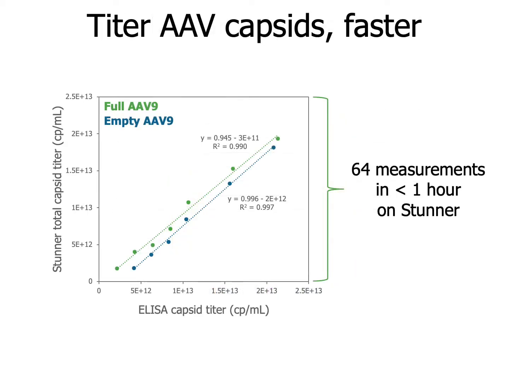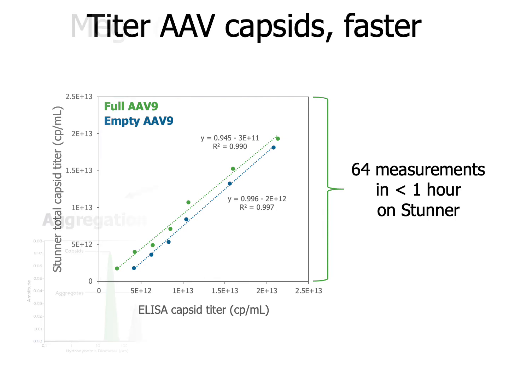For getting capsid titer, Stunner is way faster and requires less upfront work than ELISAs. Here we've taken full or empty AAV9 and run a dilution series where we've compared Stunner's total capsid titer metric against the result for a capsid ELISA. The results have slopes close to 1 and R-squared values above 0.99. And importantly, it would take hours to get this ELISA data, while Stunner's done it in less than an hour